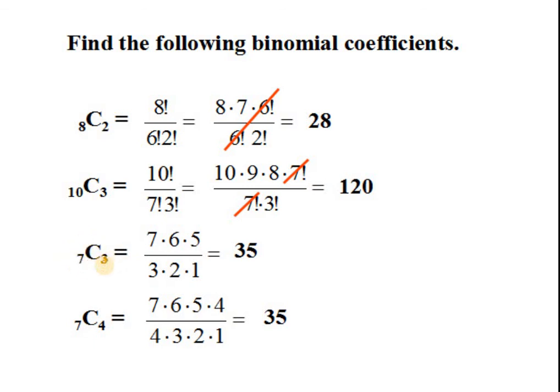इस तरह 7c3, इसी 3 की वजह से इसी 7 को हम एज अ प्रोडक्ट ऑफ 3 फैक्टर लिखेंगे। 7 6 5 और 3 का मतलब है 3 फैक्टोरियल या 3 to 1 ये वैल्यू है। 7c4, इसी 4 की वजह से इसी 7 को हम एज अ प्रोडक्ट ऑफ 4 फैक्टर लेंगे, 7 से शुरू करेंगे और 4 तक लेंगे और 4 का मतलब 4 फैक्टोरियल तो ये 35 आ जाए।